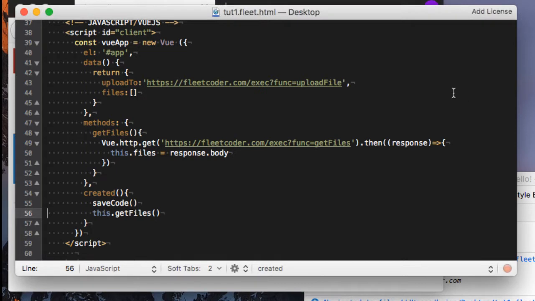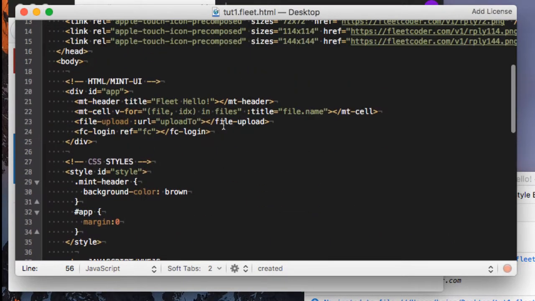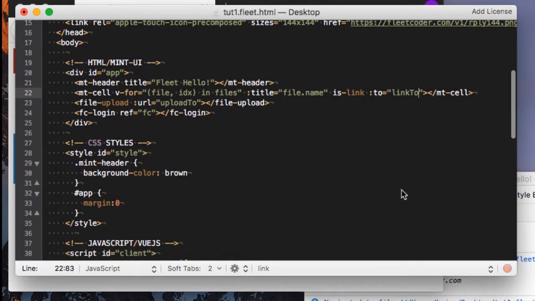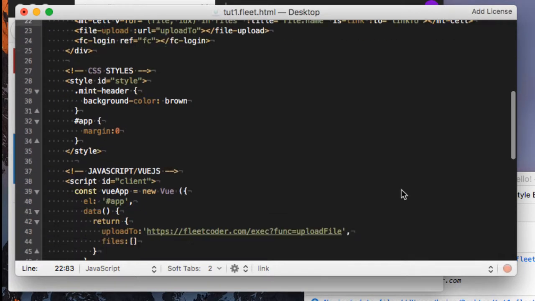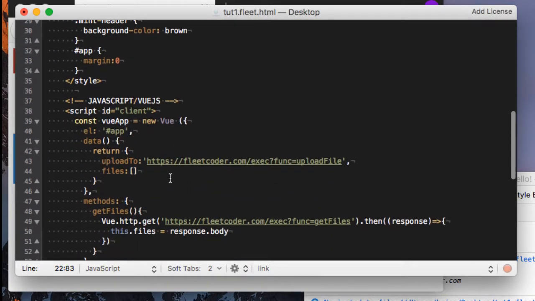All right, so our uploading is working, and our database is working, and the last thing we're going to do is we're going to create a link for each of these items. So we go back to our HTML. We're going to call this is-link, and then :to equals, and there's a little trick here we're going to do. Actually, we'll use a variable here. We'll call it link2. So there's going to be a variable called link2 that has our destination link where we can view each file. So to have that link2 populated, we're going to go down here,